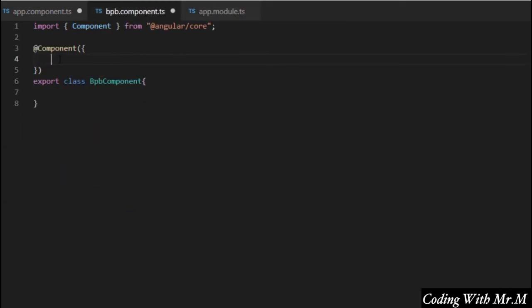Inside the component there are two major things that come, one of which is the selector, which is actually the name of your component to be put on the view. So let's call it app-bpb,